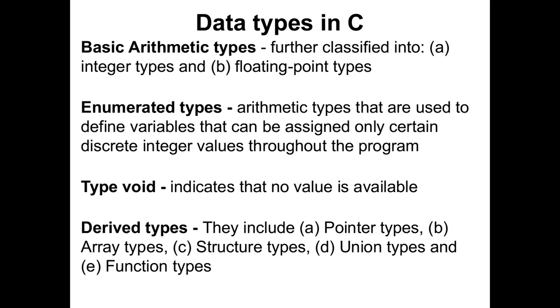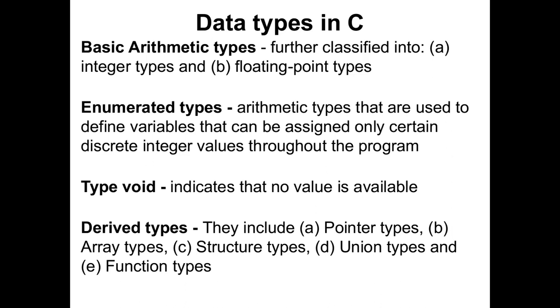And when you see the data types in C language, basic arithmetic data types are there, like integer types and floating point types and so on. And then enumerated types, okay. Enumerated types are variables which can be assigned only certain integer values. They are called enumerated data types in C language. You cannot assign whatever you want, you have to assign only within